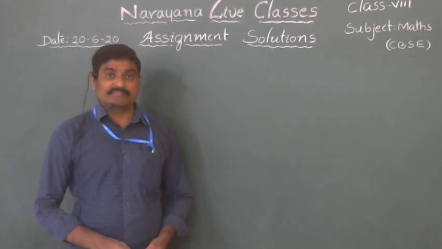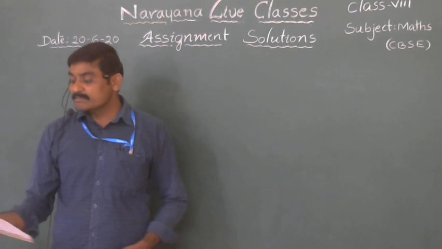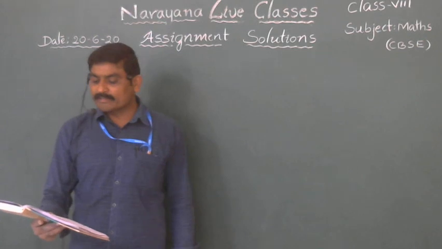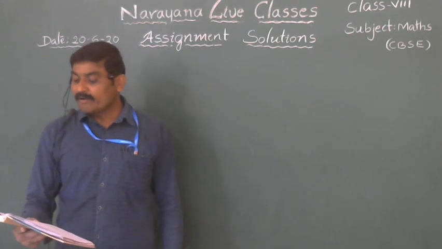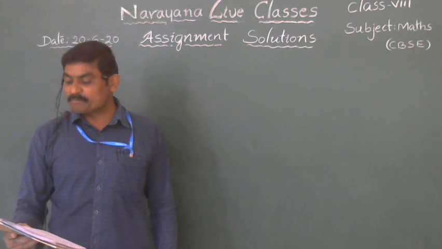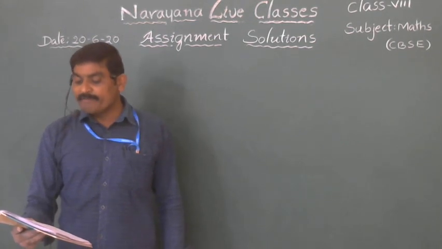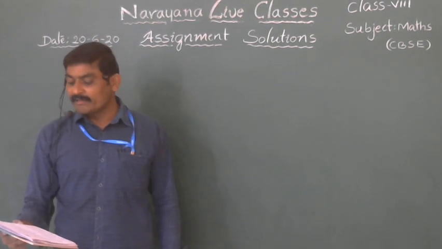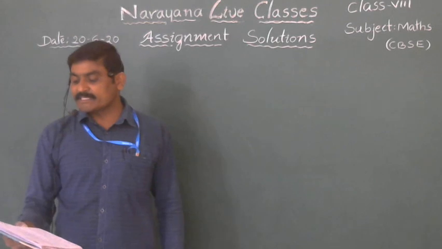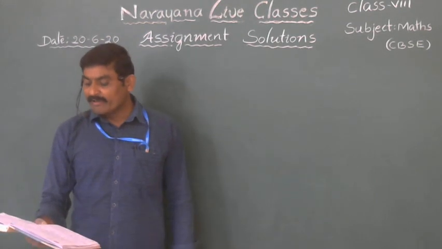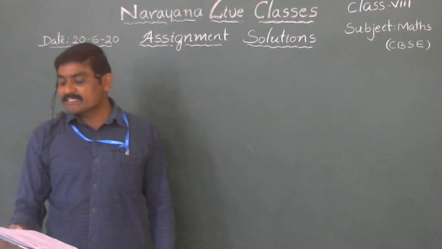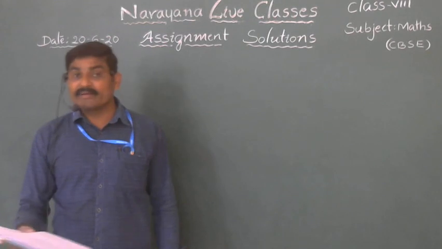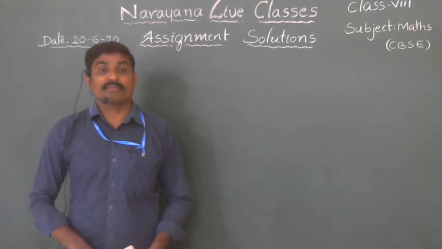Now the first question is: Hassan buys 2 kinds of cloth materials for school uniform. Shirt material that cost him 50 rupees per meter and trouser material that cost him 90 rupees per meter. For every 3 meters of the shirt material, he buys 2 meters of the trouser material. He sells the materials at 12% and 10% profit respectively. His total sale is 36,600 rupees. How much trouser material did he buy? That is the question.